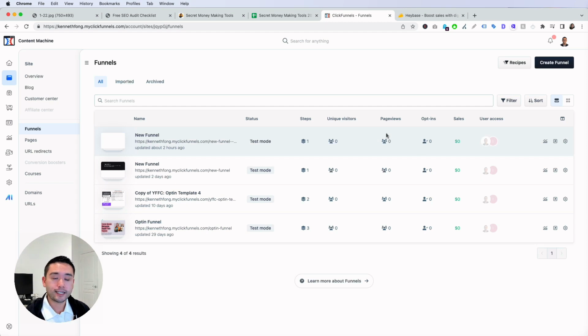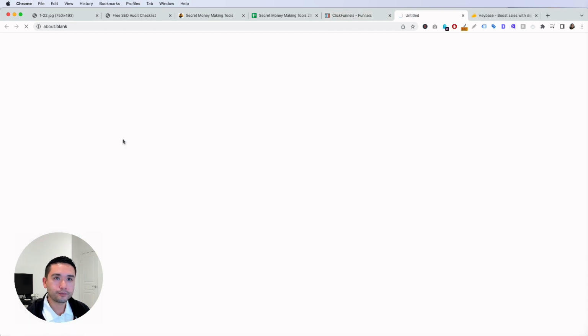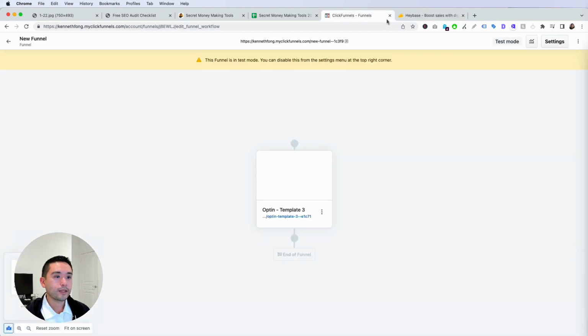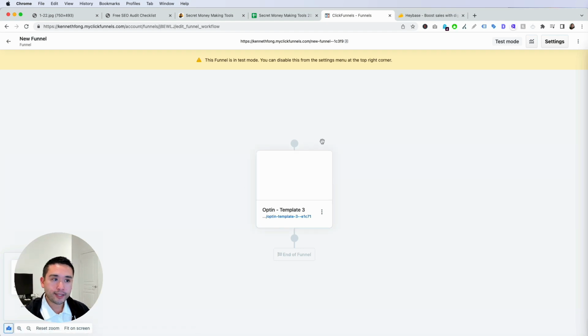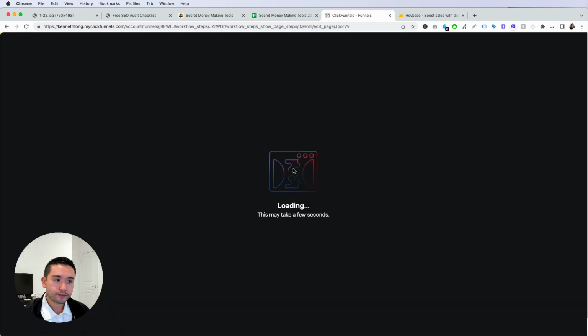And that's basically it. Okay, so I kind of did all of that earlier. So this is the funnel that we're going to work off of. Okay, so I'm going to click on this funnel, and let's have this load up. Okay, so next step is, so this square is the opt-in page, all right? So we are going to create the opt-in page. So we are going to click on Edit, have this load up,